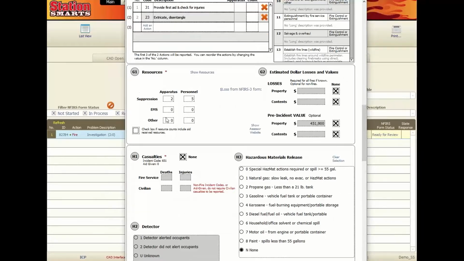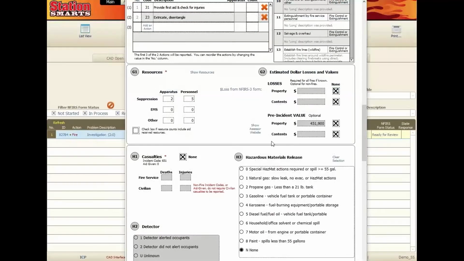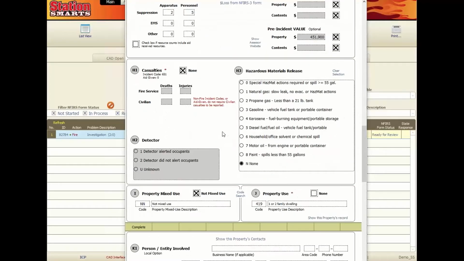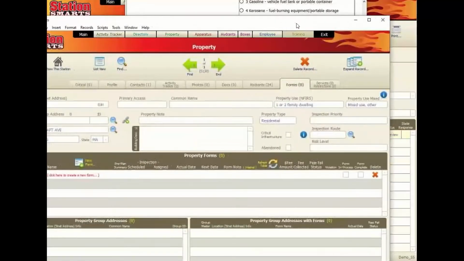The resources automatically fills in. Property information, if it's available in the property record, automatically fills in. And we do give you a link out, so you can actually open in your web browser a link to your GIS or assessor. If you need further information about the property, then you can get to it quickly with one click there. If the record is connected to one of your property records in StationSMARTS, we give you links throughout the form that give you information from that property and a direct connection to the property as well. Section I and J will automatically fill in if the property record is filled out,